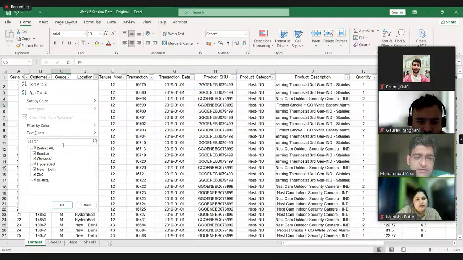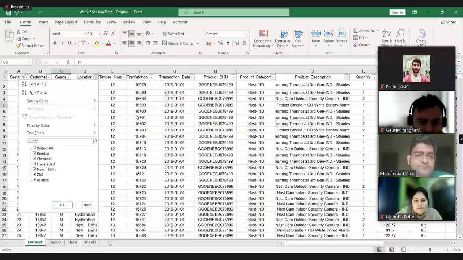Followed by location. If you see location, we have Mumbai, Chennai, Hyderabad, New Delhi. These zero something, this is an incorrect value, right? So we'll have to flag this. One thing is that there are spelling mistakes. Instead of Mumbai, it is starting with B. Chennai has three N's. Hyderabad has a capital B in between. New Delhi has a lot of spaces. We'll cover in some time how we will fix this. But now we are understanding what the individual column should have.